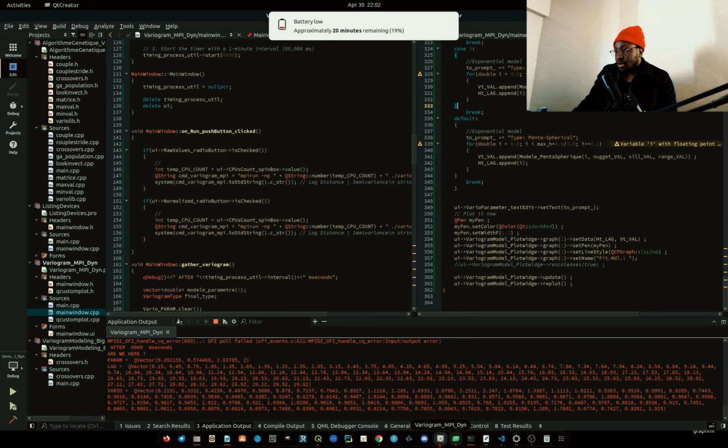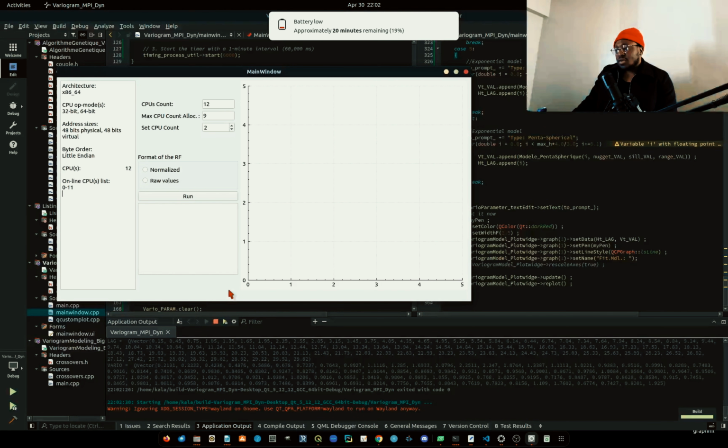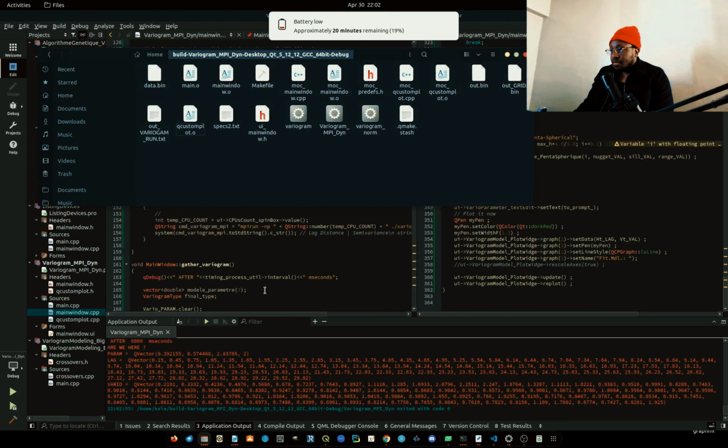So now I can close this and just open it again so that you see how it works. And run it. Remember this one is just to set the number of things that we want to use. Because I already have those parameters, it will appear now. I don't even need to specify anything here. But I will run and I will stop, because when I run it, it will take some time before giving the output. So if I go back to the folder where I have the output, and I delete this and also this,